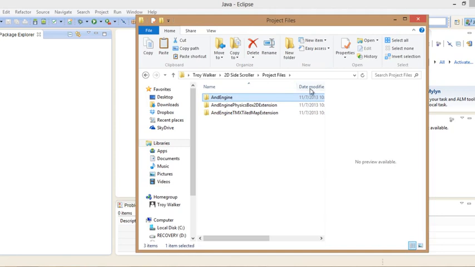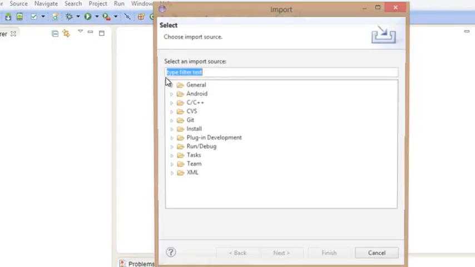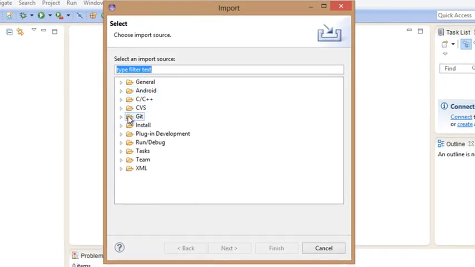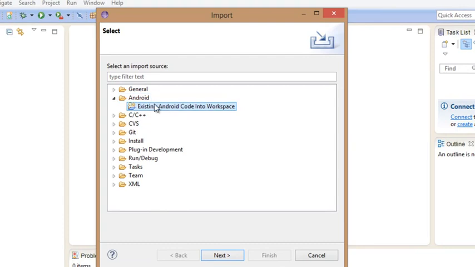So the first thing you want to do is just make sure you know where those files are, and we want to go to File, Import, and we want to go to Android and Existing Android Code into Workspace. And if you don't have Android here, that means that you don't have the Android Eclipse plugin installed. So what you need to do is follow the link provided in the description and install